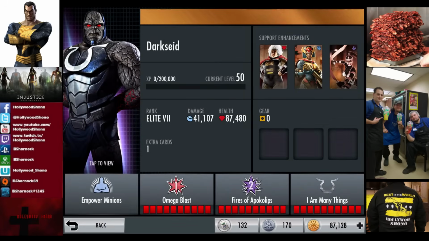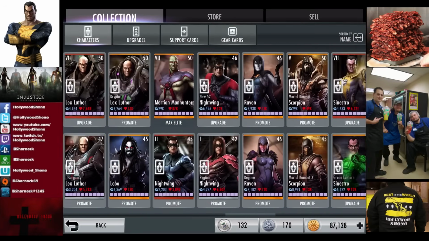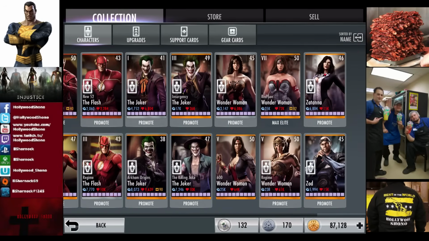And the Fires of Apocalypse is the worst level 2 move in the game if it's blocked, as it'll really only do about 10,000 damage. When it actually connects, the Fires of Apocalypse looks amazing, as it'll just shoot the guy up in flames and incinerate them. It's amazing. Now the next challenge, and I think this was the absolute last challenge before patch 2.0,